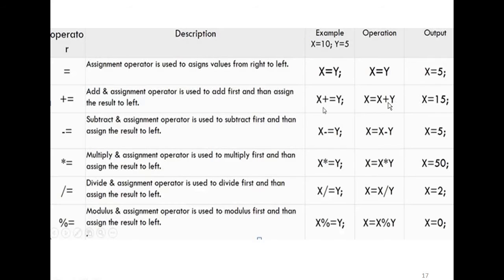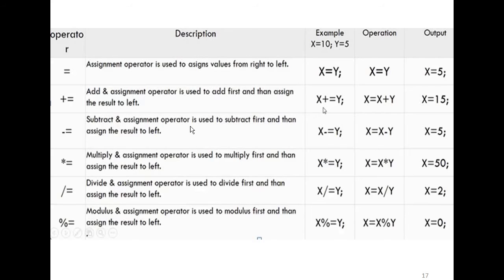Now, suppose I assign a value of 5 to x and assign a value of 10 to y. So, x is 5 and y is 10. If I add them both, then I get the value of x on the left hand side as 15. So, the value of x on the right hand side is now changed on the left hand side. The new value of x is now 15 by addition of 5 and 10.